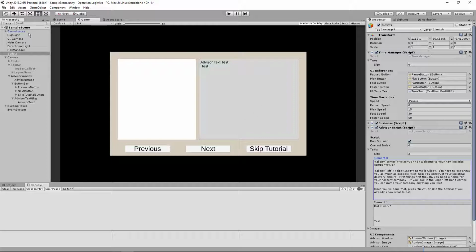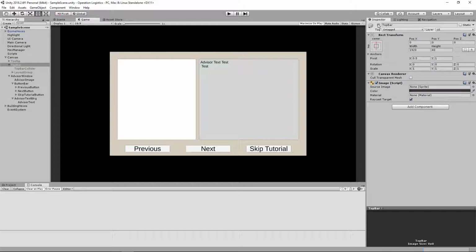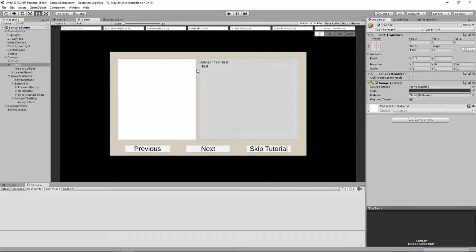Okay, so we should probably turn the top bar back on then. The top bar is not disabled, and for right now, it's not going to force you to test the company name until Next becomes available. But that's something we could implement, theoretically. So for right now, let's just go ahead and say,